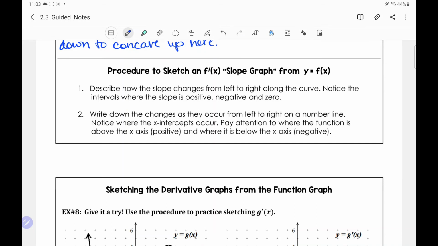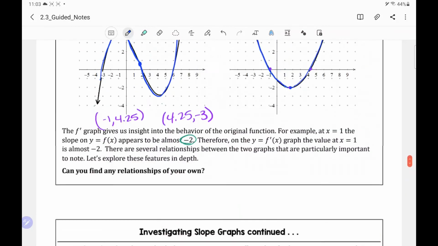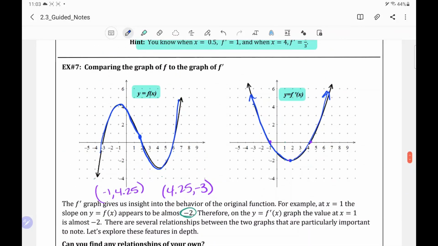Notice where the x-intercepts occur. Pay attention to where the function is above the x-axis, positive, and where it is below the x-axis, negative. We didn't actually talk about that, but let's come back and look real quick. Notice here on the graph,